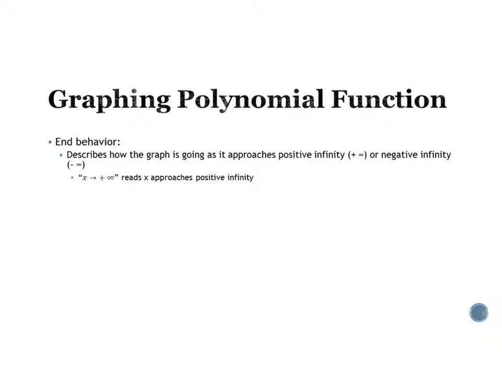So the last part of this section is going to be graphing. And when we graph, you can graph anything just by making a table. Remember that. I can graph any of these polynomials by just making a table, and that's what you're going to do. And so what we're going to want to do is look at the end behavior, and that will tell us really if we're done graphing or not. So the end behavior describes how the graph is going as it approaches either positive or negative infinity for the x. So for instance, if I just plotted a line here,